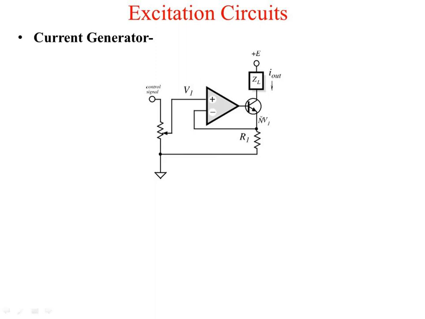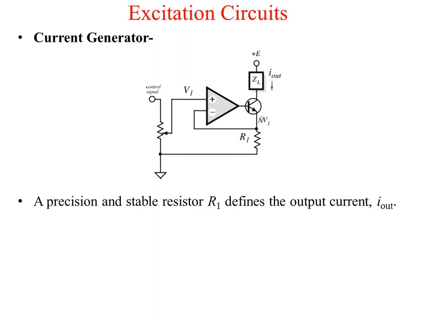You can see that to increase the current capability, this transistor N is put into this one. This is the voltage V1, and this V1 is fed back here, and this V1 and this V1 are nearly equal, but this voltage is controlled with this one. So this V1 and this V1 will try to maintain each other, so that the output I out is equal to V1 upon R1.